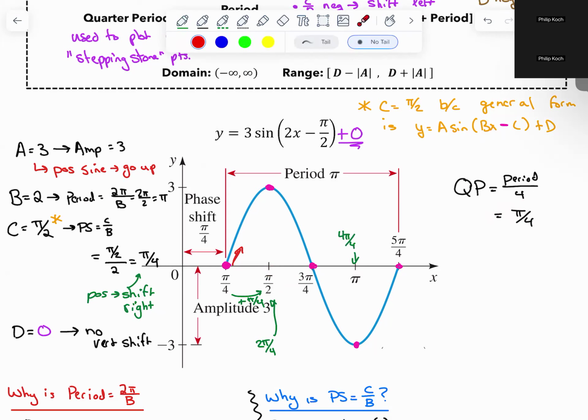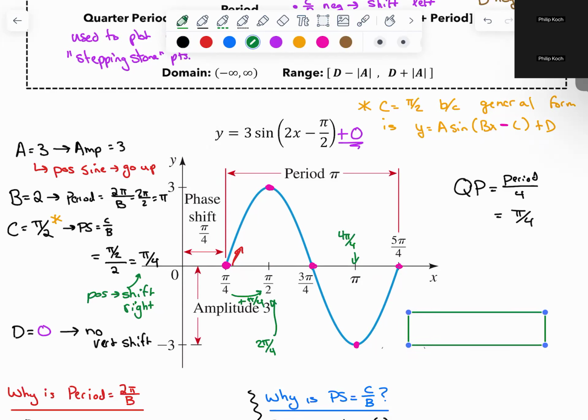1, 2, 3, 4. That's that weird thing that always messes with my head. If I slice something 4 times, it gives me 5 pieces. Like if I have to slice something to share between my wife, my son, and I, 3 people, if I cut it 3 times, I'd separate into 4 pieces. So it's a quarter, but you get 5 points because you have a starting point and then the 4 points that happen afterwards.